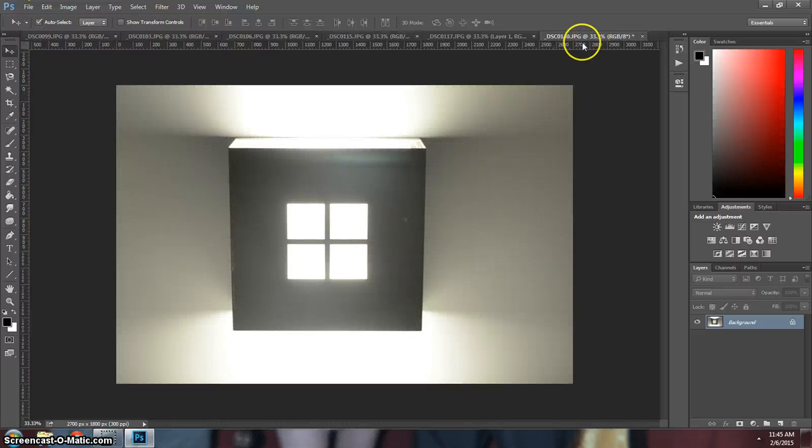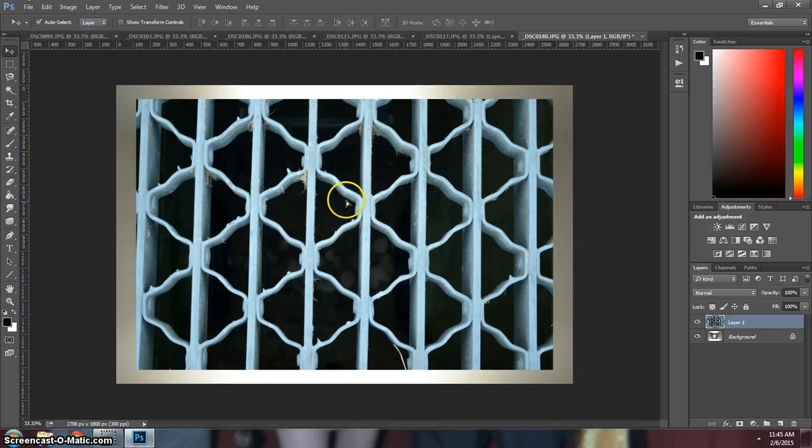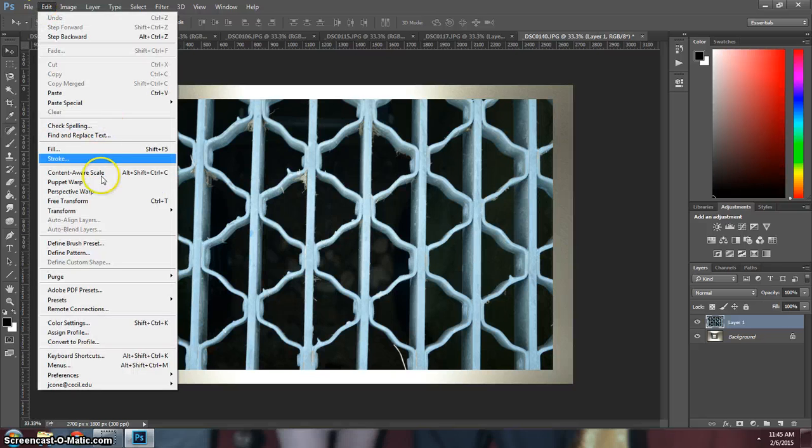Okay, and then I'm going to do, in here, Control V. And that's going to put it right on top of it. Now, you can see it's not the right size, so I need to make this a little bit larger. To do that, I can either hit Control T or Command T, or you can go to Edit, Transform,